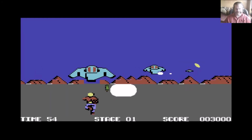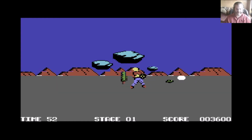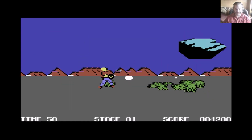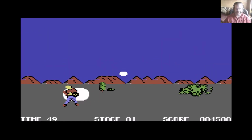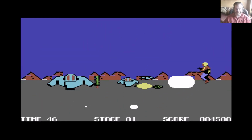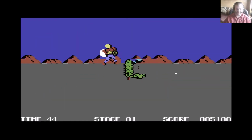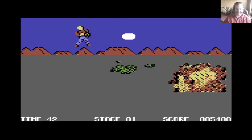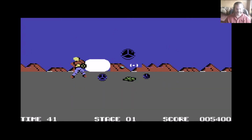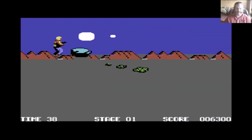So there's no checkerboard effect on the ground. I don't entirely know why. I guess just to keep the game running at some sort of half decent speed, because it's not going to have the speed of the arcade original. It does run, you can see some speed there, but